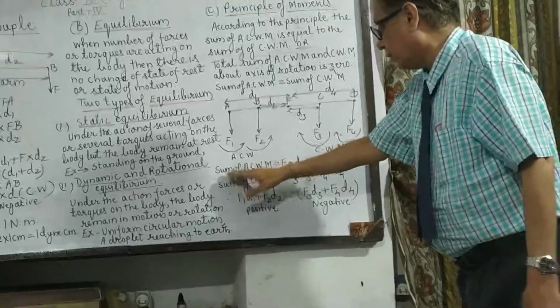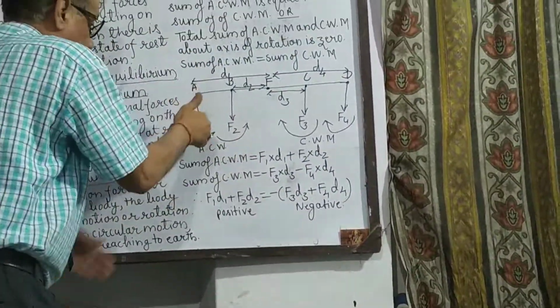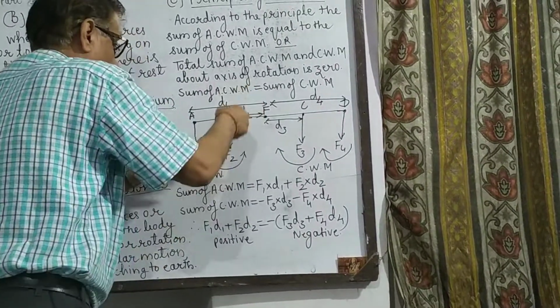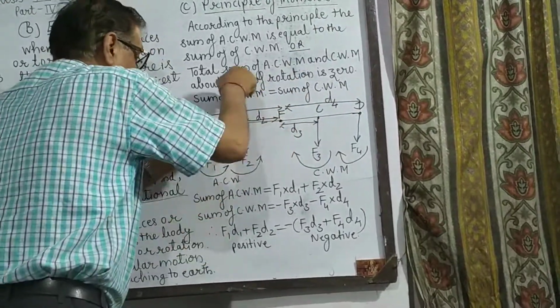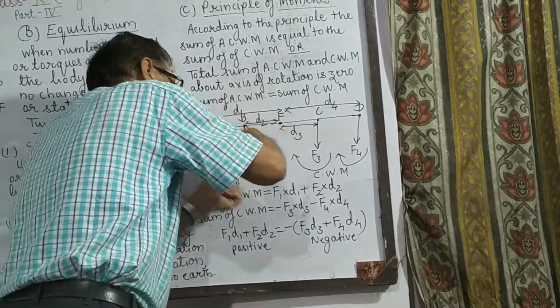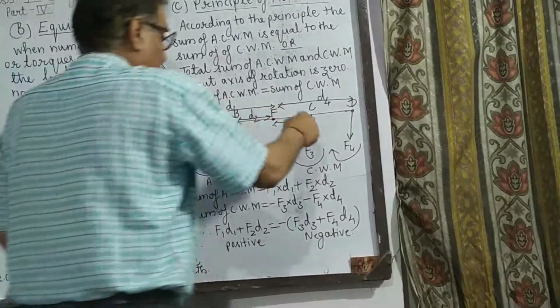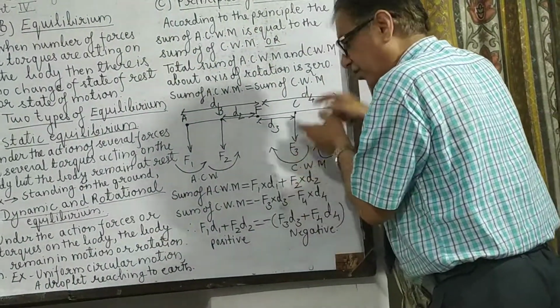Now I will calculate. Now see, this force F1 and F2. F1 has a tendency to move downward like this, so this is anti-clockwise. Similarly, F2, with F3 and F4 not acting, has also the tendency to move downward, to move this in anti-clockwise. So both are anti-clockwise. Similarly, if F1, F2 are absent, consider F3, F4.